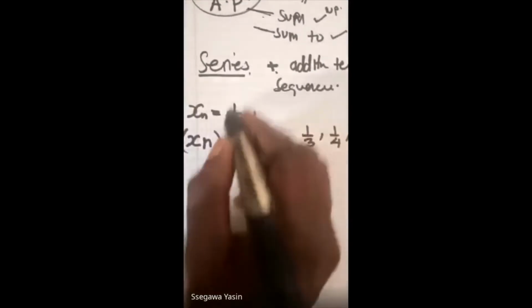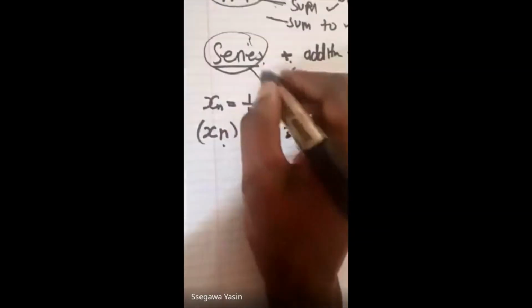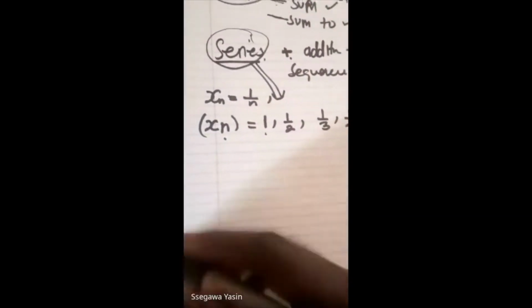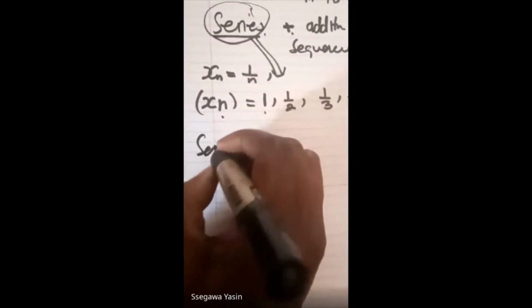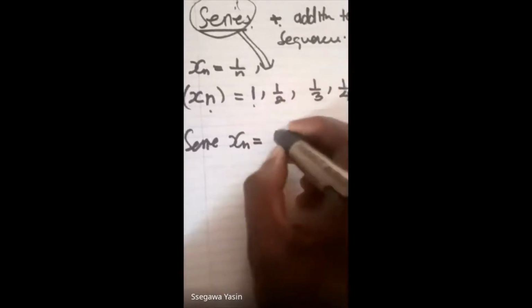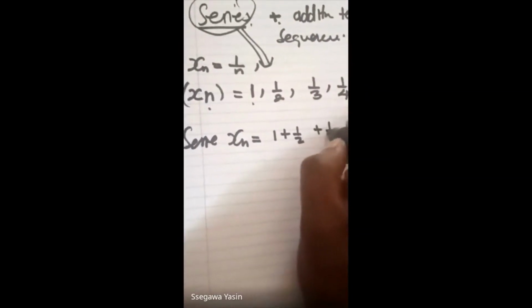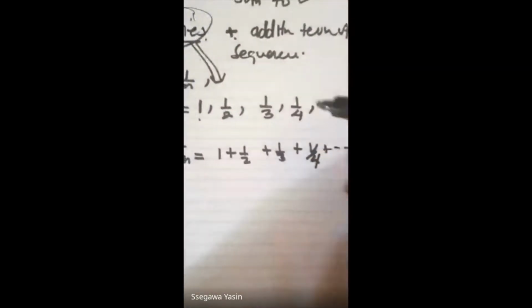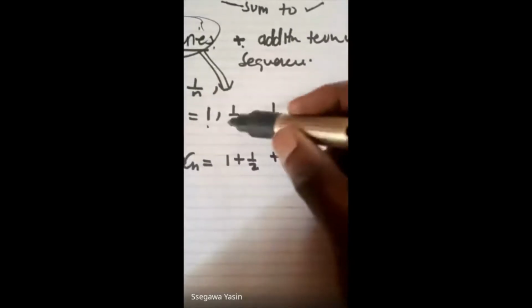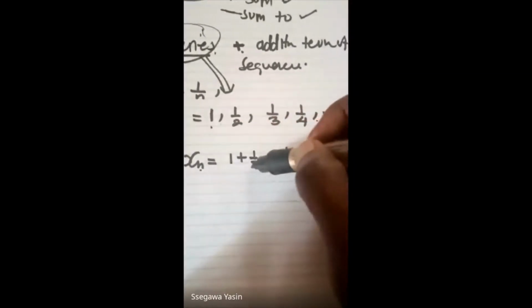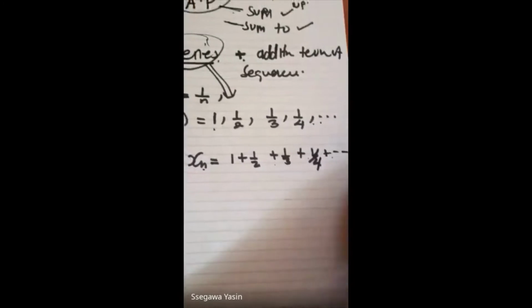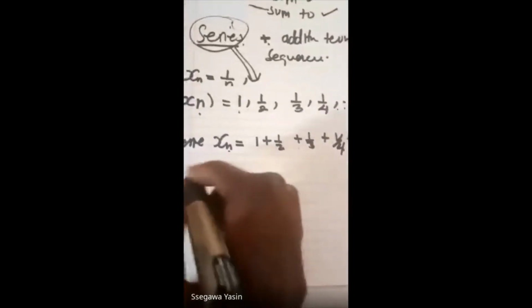If I convert this into a series, then it is a series of xn if this is true: 1 plus a half plus a third plus a quarter, plus other terms. The difference is clear. This is a sequence because terms are just listed. Now, this is a series because terms are added. And since our interest is to add,